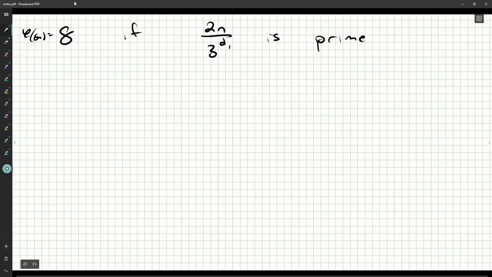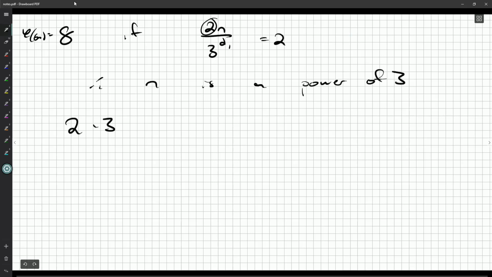So we can't get rid of this factor of 2, so it's got to be equal to just 2 itself. So n is a power of 3. Now, can I get n to be a power of 3 so that 2 times 3 to, I don't know, some power x,